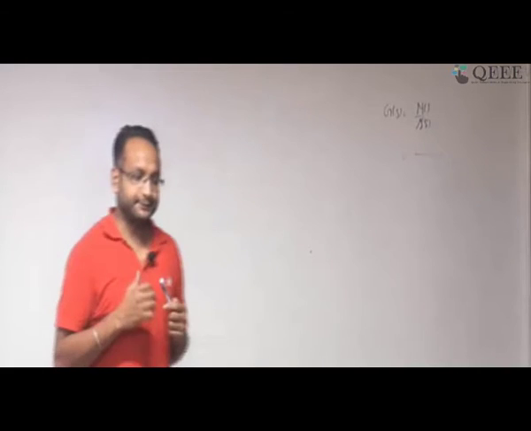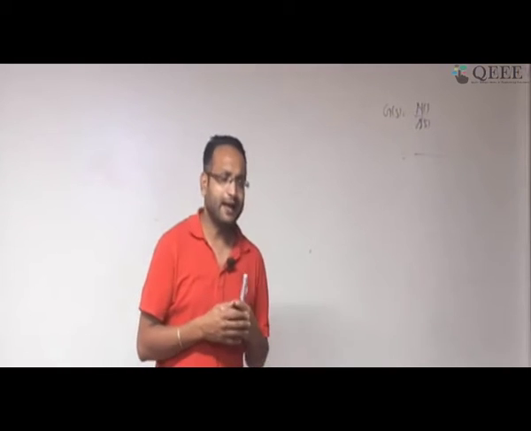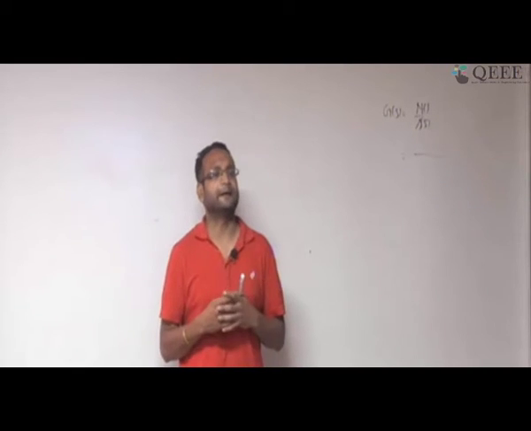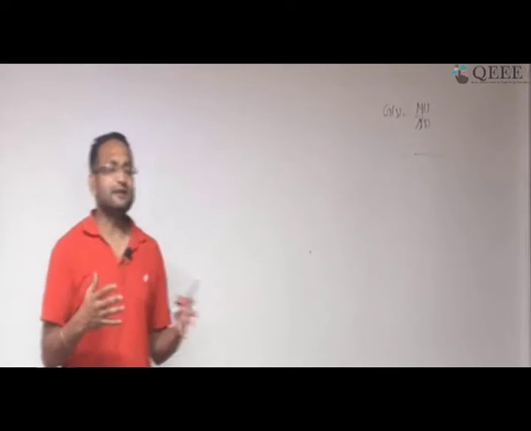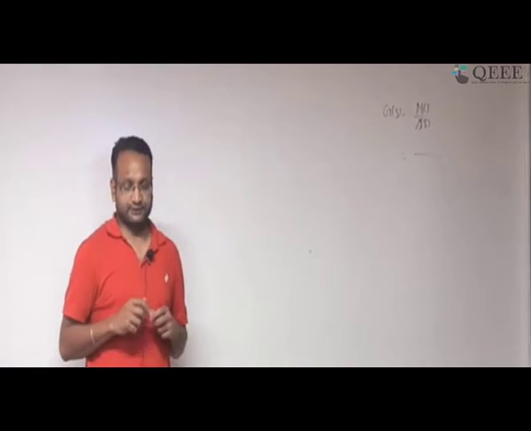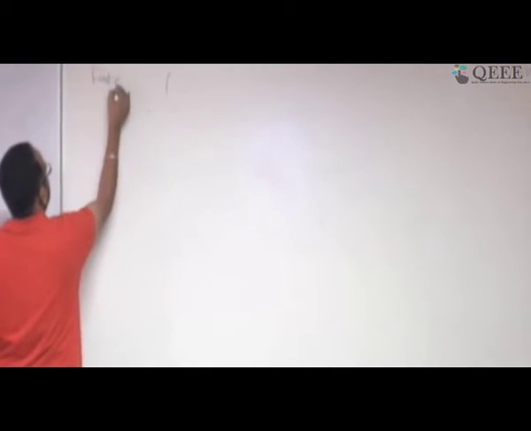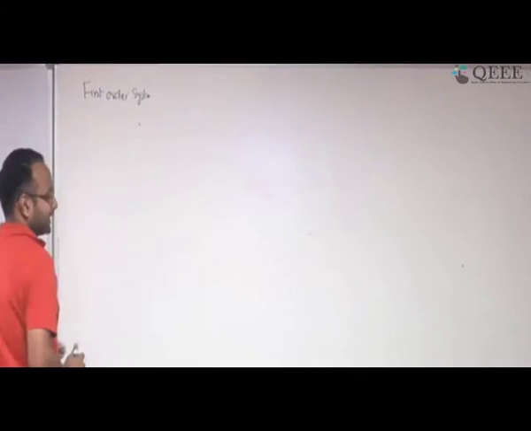There are two reasons: we can analyze them mathematically pretty well, and it has been observed that most real world systems, if you approximate them using a first order or second order system, give reasonably good performance. That is why all of us do analysis with first order and second order systems. For example, the first order system which I explained last class is what we call a first order system.